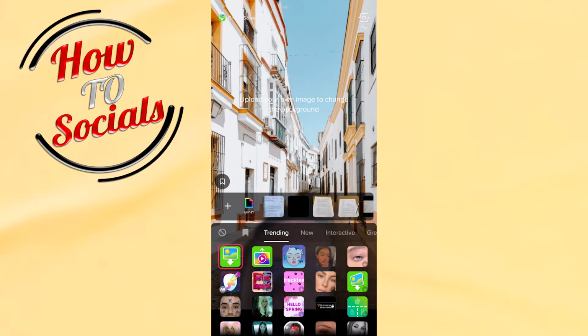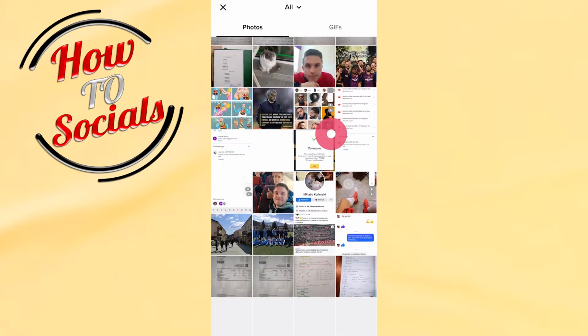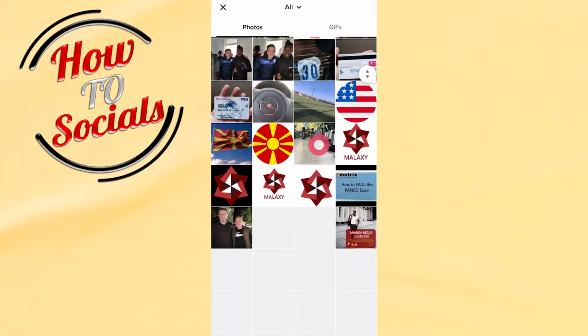Now guys, what you need to do is just simply go for the plus icon here and choose the photo that you want to be included in your video. For example, we'll scroll down and we're gonna get it with,